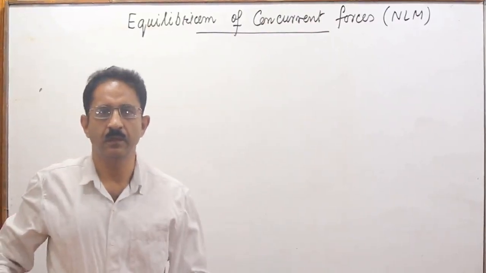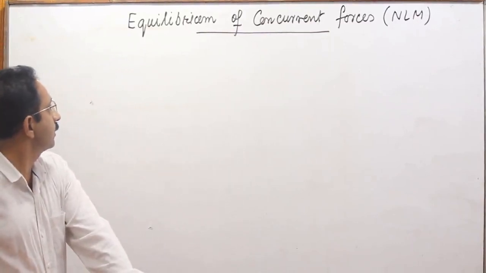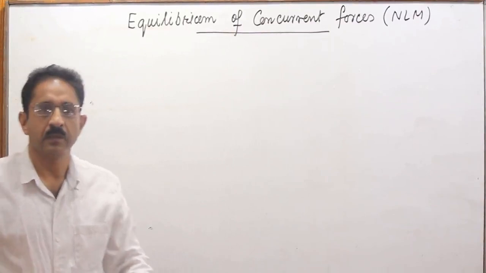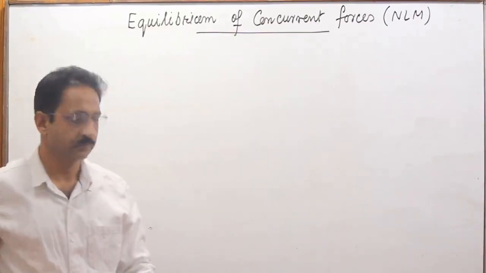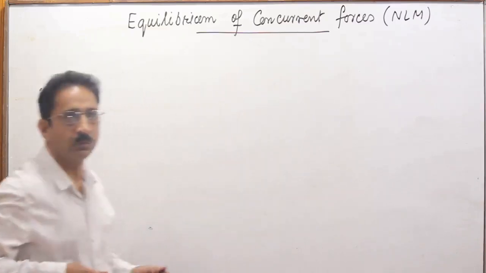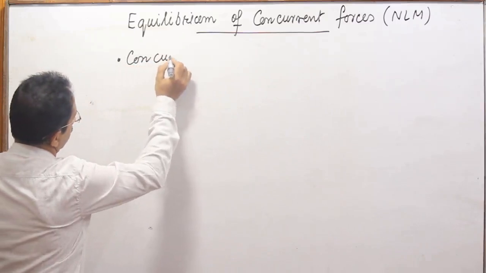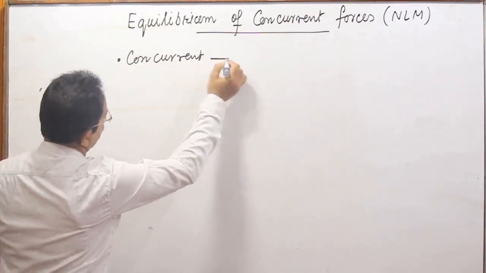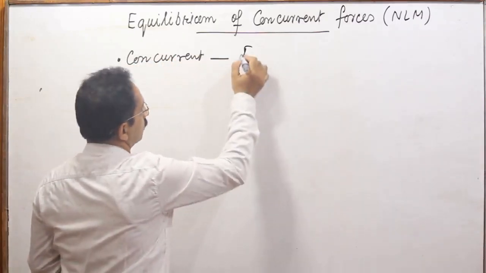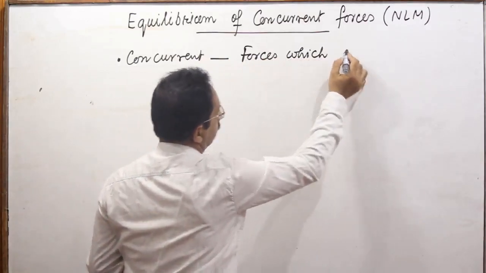This lecture on Newton's laws of motion. Our today's topic is equilibrium of concurrent forces. इस टॉपिक में हम पहले देखते हैं कि किन फोर्सेस को concurrent कहा जा सकता है. So the term concurrent is used for forces which act at same point,